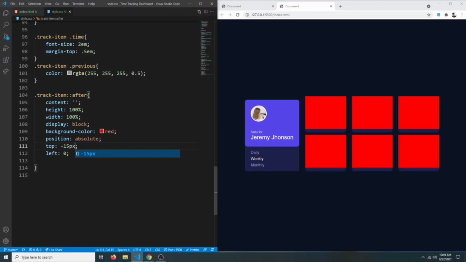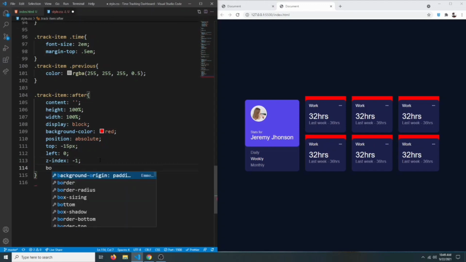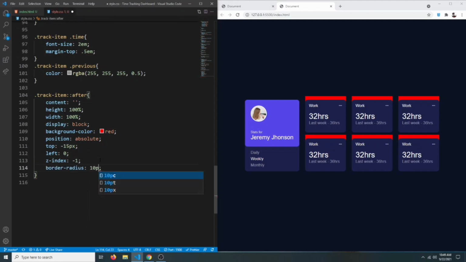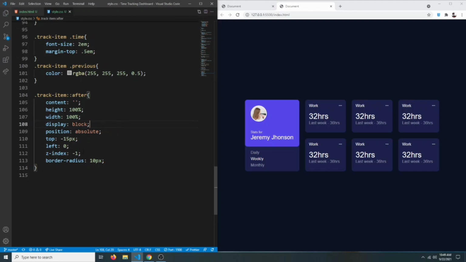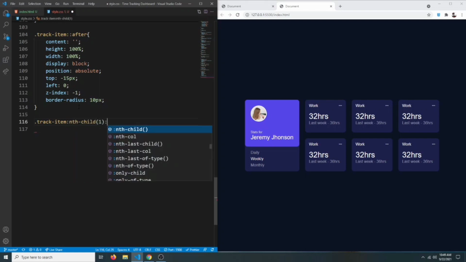And we can see the contents now, so we can say z-index of -1, and they should also have a border radius of 10 pixels. Okay, now they just need to be different colors, so let's say .track-item:nth-child, the first child, and ::after,